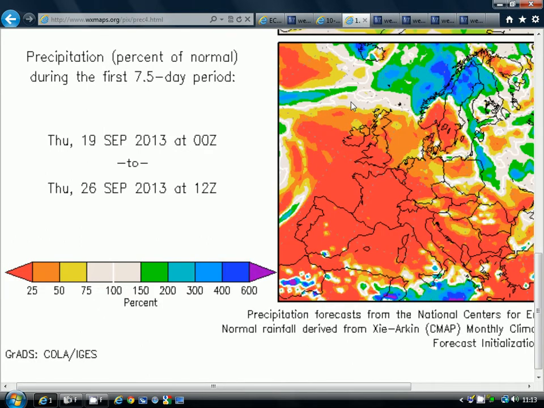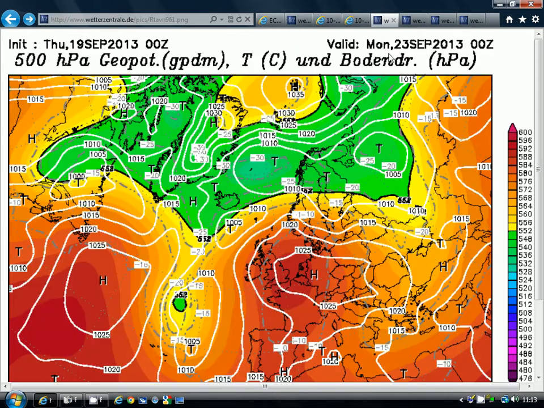The rainfall anomalies, precipitation anomalies for the next week, show it's going to be dry, with virtually the whole of the country having below average precipitation. Remember, red cards across much of England and Wales indicate that virtually no rain is going to be falling at all. So have a look at the general chances for GFS first of all.